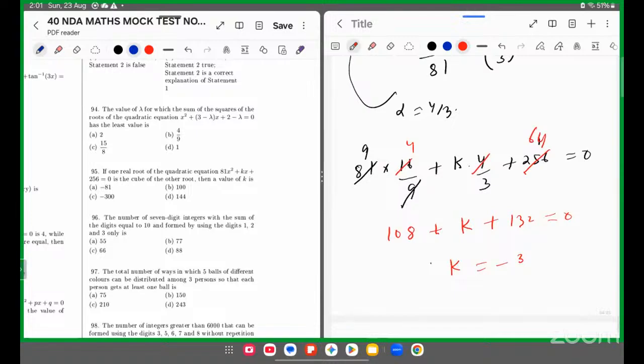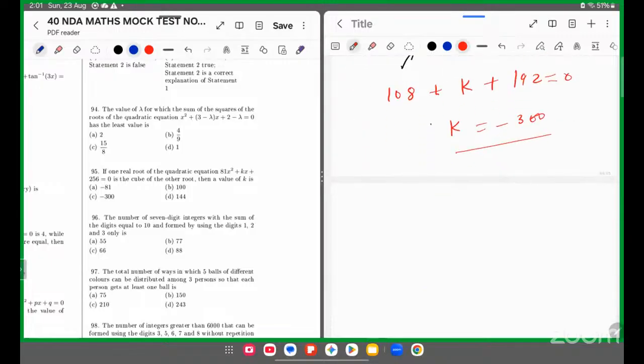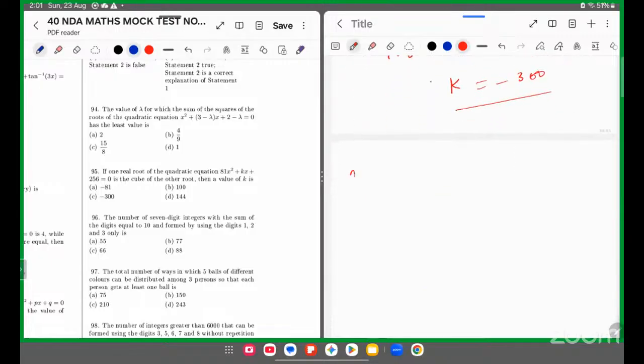4/3, 3 से मल्टीप्लाई, 9 9 89, 9 4 36, 36 इंटू 3 108 प्लस k प्लस 16। अरे ये वाला मैंने 2 से मल्टीप्लाई किया इधर, ये 3 है तो कितना आएगा? 192 बराबर। तो k आएगा -300। बहुत ही इजी क्वेश्चन था। नेक्स्ट 96।